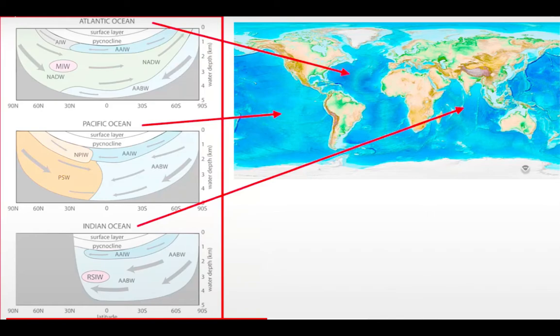Just like the water in an earthen pot evaporates, when the water evaporates, the temperature in the earthen pot decreases. The temperature falls. So overall, salinity is dominant over the temperature.